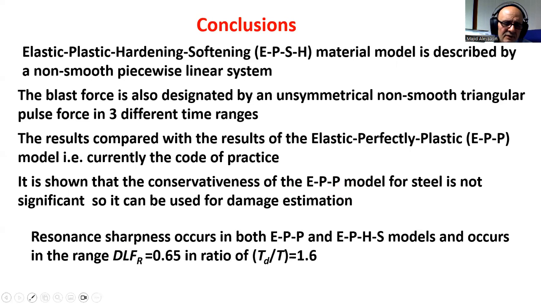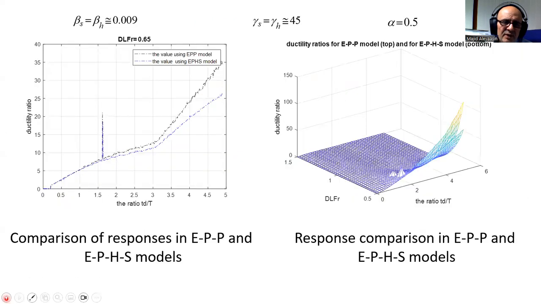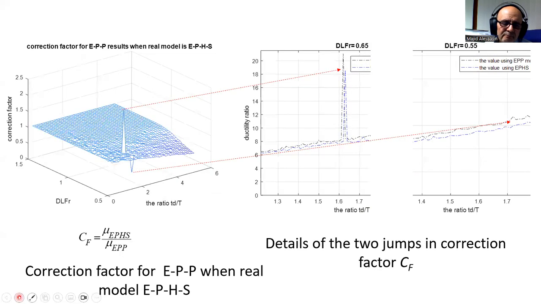But obviously, one of the reasons is because the softening hardening parameter is only 1%. But if new materials come, this may change. If the level of these softening hardening parameters is bigger than 1%, obviously the story completely changes. But at the moment, in all blast resistant structures, we use steel. And for that steel, this level of conservativeness that we see here is not significant.